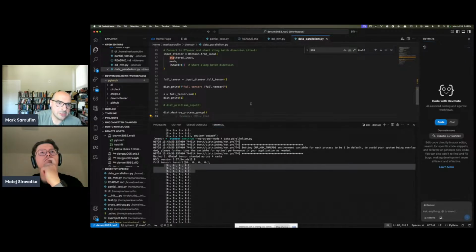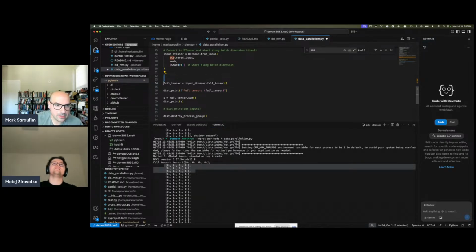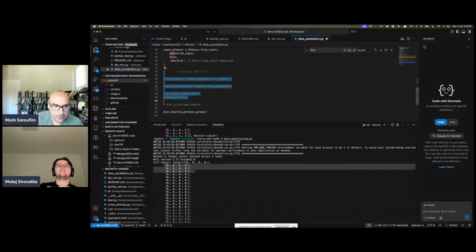So calling full tensor is what feels wrong to me. This is probably not what you want to do. Or is it? You want to do all reduce, right? We still want to do all reduce. Yes, we tried this. So let's go back here, right? So if you say